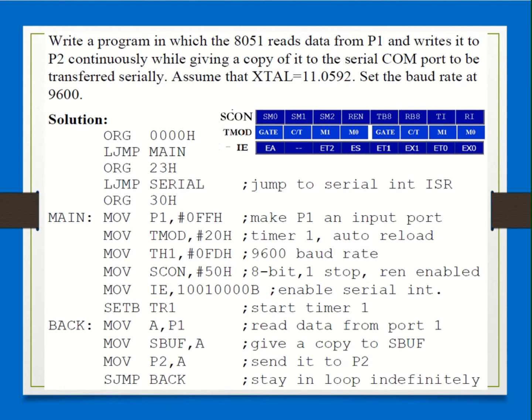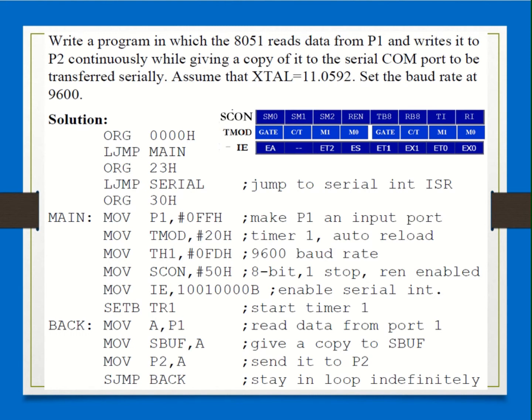Then you're moving the IE register with 10010000 in binary. So the fourth bit you are making high, which is the serial communication interrupt bit. The last bit also has to be made high, because all interrupts will be enabled only when enable all is high, correct?